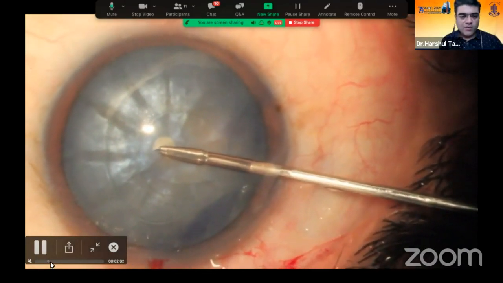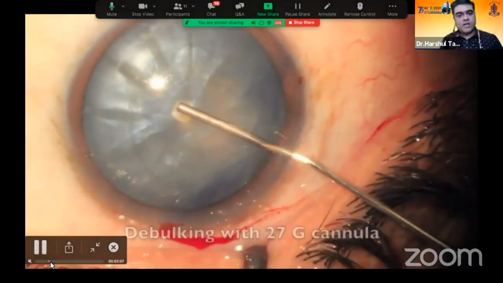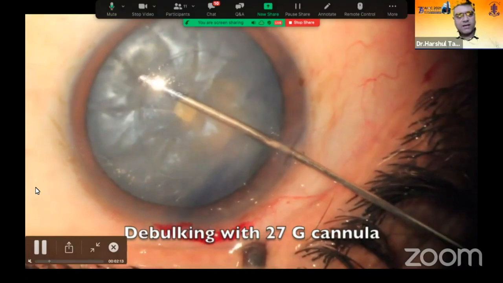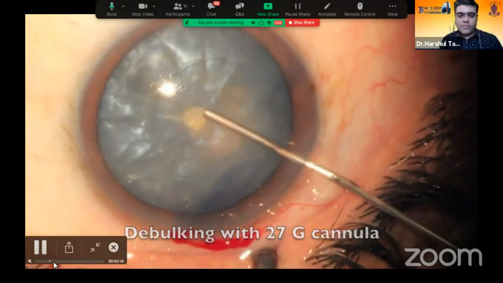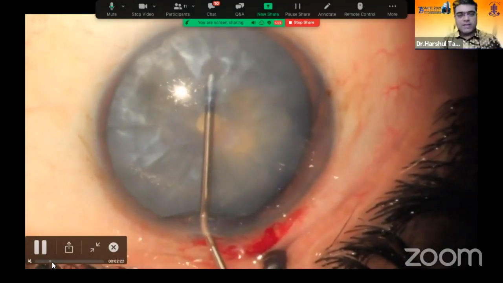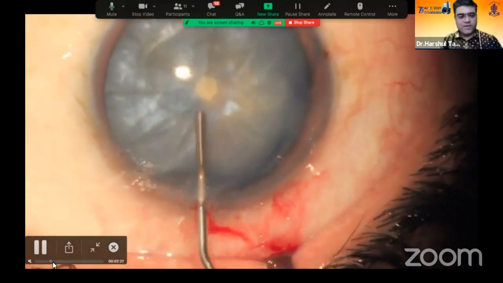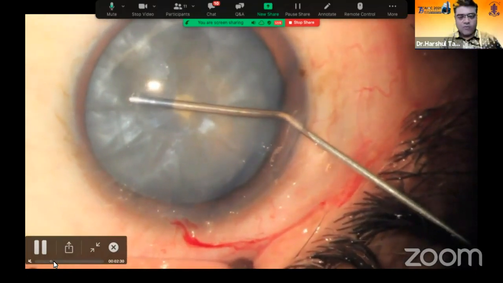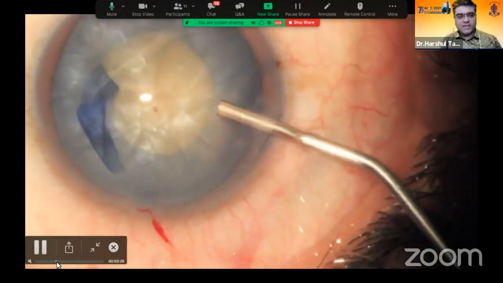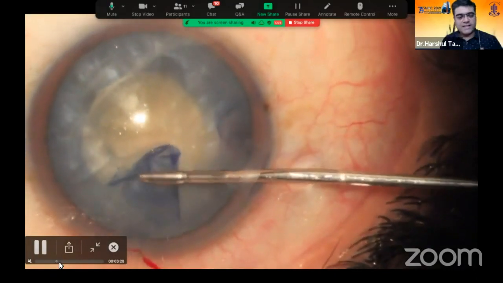I make a very small opening in the center, and after you make this opening, you go ahead with a 27 gauge cannula and debulk this. You see the entire liquefied cortical matter is coming into the cannula. So you go from the main port, you go from the side port, but the thing is you need to debulk before you try to make a capsular axis of definitive size of 5.5 millimeters. So I go ahead, and once it's decompressed, it's child's play. You just give a snip and complete the capsular axis. See, I can easily play around and make a capsular axis of desired size.